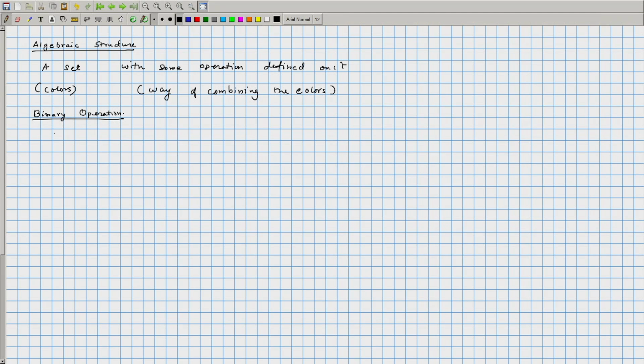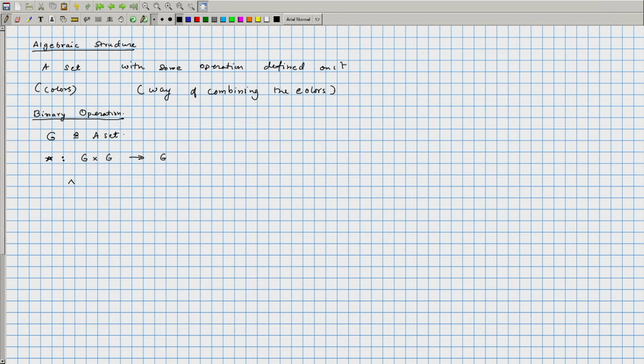So, you have a set, let us call it G, and a binary operation. We could use any symbol, let us say plus, multiplication, subtraction; all these are examples of a binary operation. That would be thought of as a function from G cross G to G. That means take 2 elements and map them to a third element of the set. It can be thought of as a function which takes a pair of objects from a set and gives rise to an element of the set.